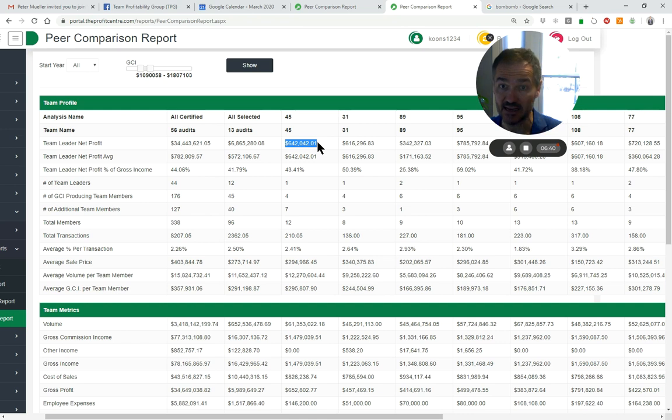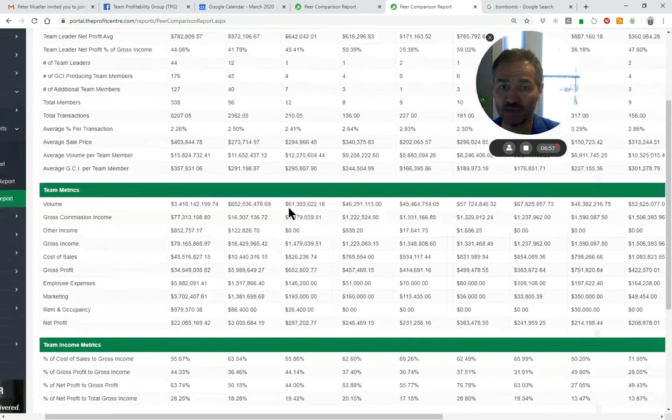So this team leader nets $642,000. That's after paying the brokerage, the region, all their team members, their marketing, their employee expenses, and their rent and occupancy. That's what's left over. That's true net profit. And if you scroll this down a little bit, you can see that they did $61 million in volume, $1.479 million in gross commission income. Their cost of sales is